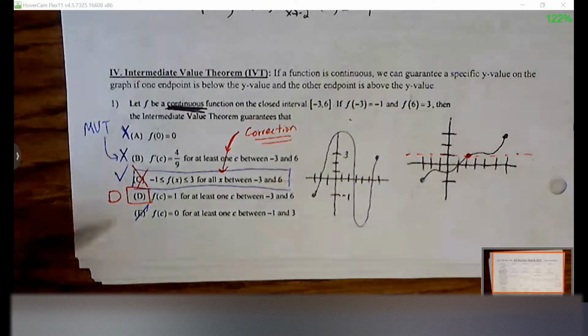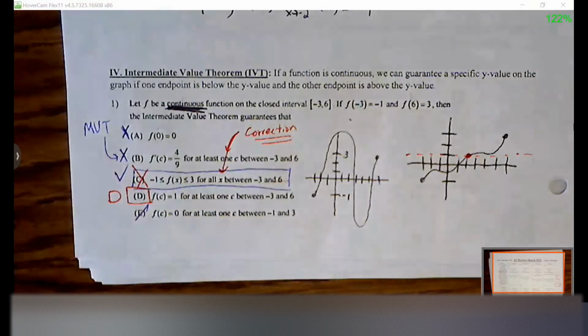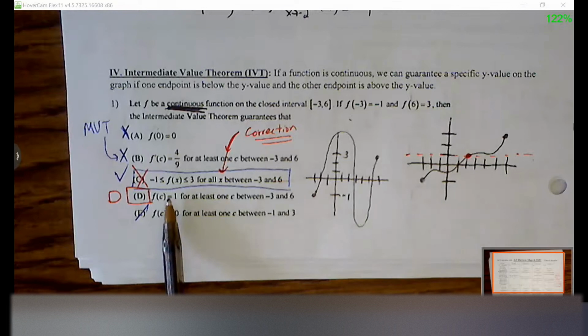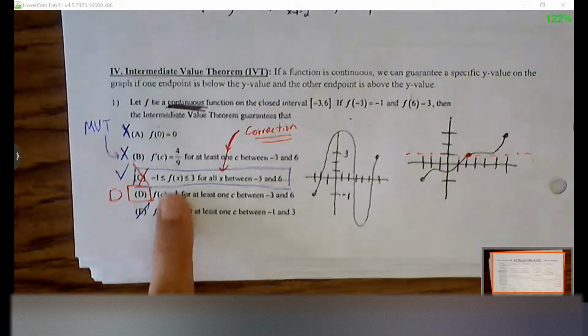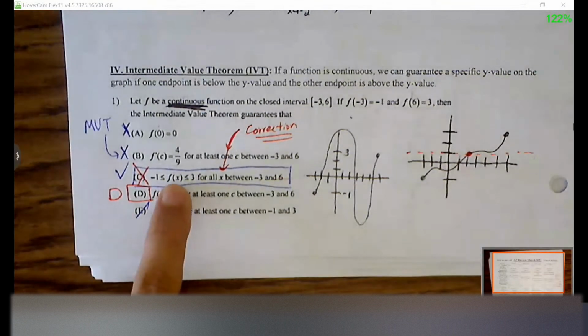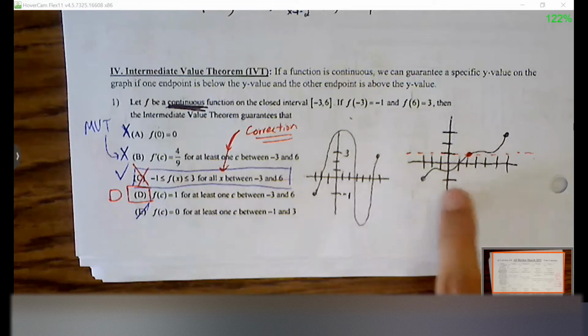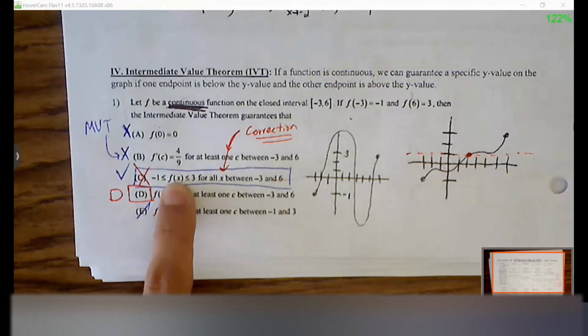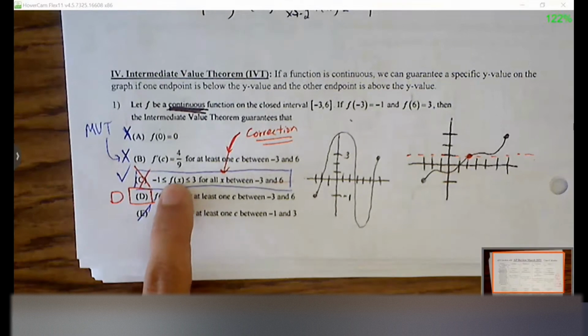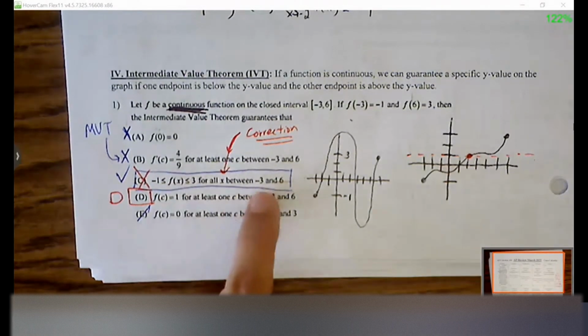And I said that both C and D look like they're IVT, but C was more generalized, like it's identifying every y value that sits between -3 and 6. But a student pointed out that this is probably more likely talking about the fact that I was reading it as it's possible that every y value between -1 and 3 is hit between my graph. But I think this is more saying that only y values between -1 and 3 is reached between -3 and